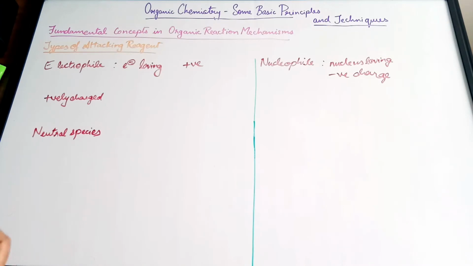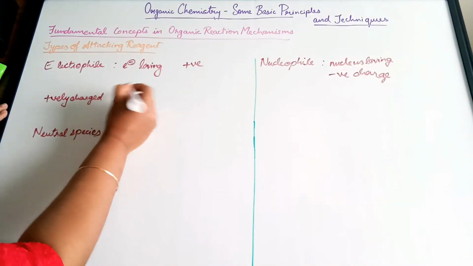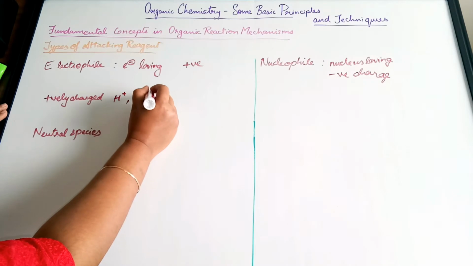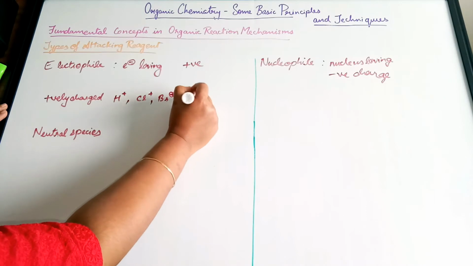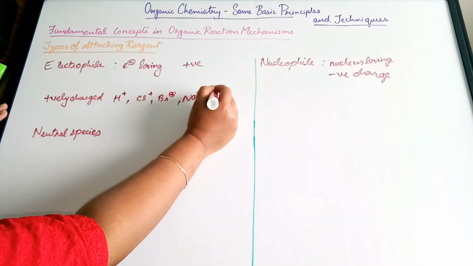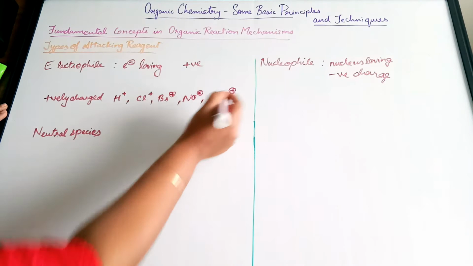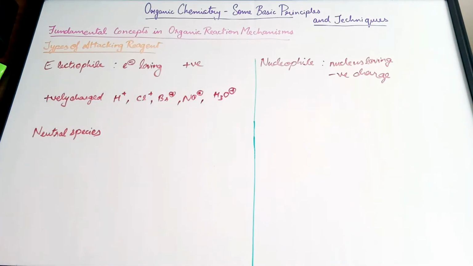and these in turn have the tendency to attract electrons or a pair of electrons. So they are deficient of an electron pair in case of a positively charged species, and in case of neutral species they have a tendency to attract a pair of electrons. So examples of positively charged electrophiles are H+, then Cl+, Br+, NO+, and even H3O+. All of these are electron deficient and they have a tendency to accept electrons,